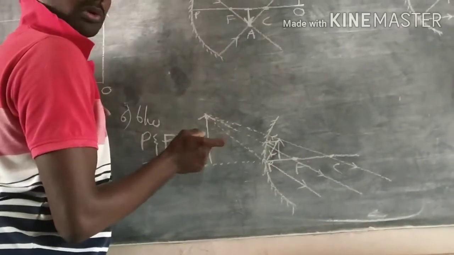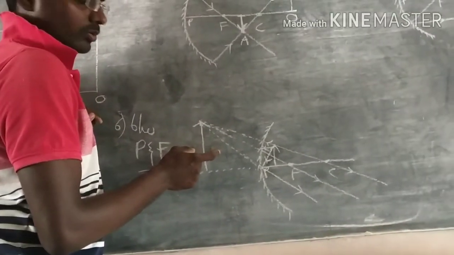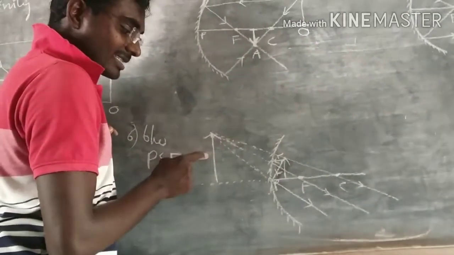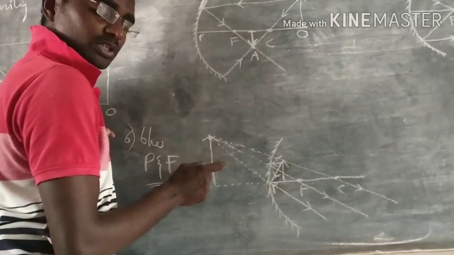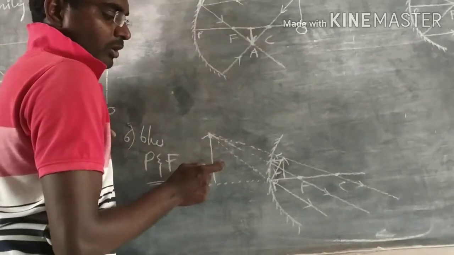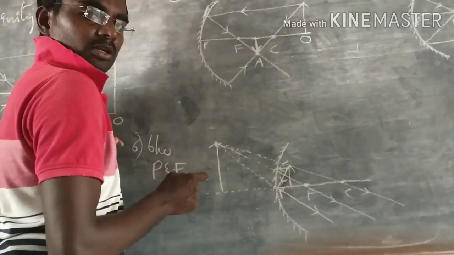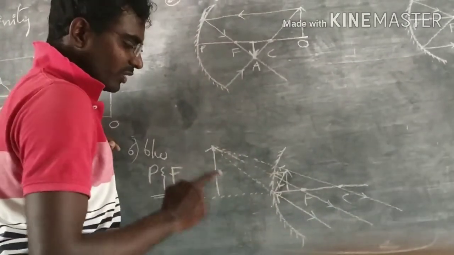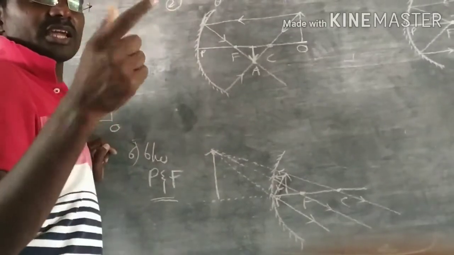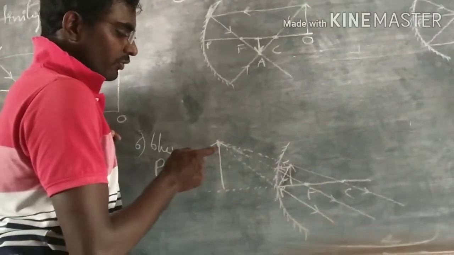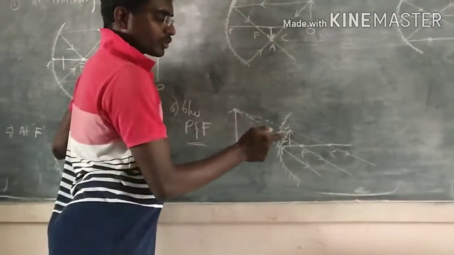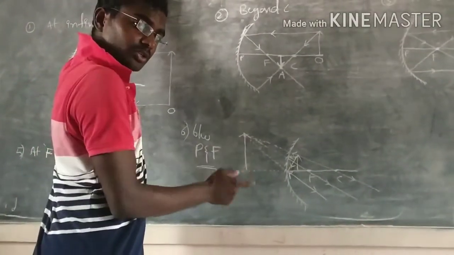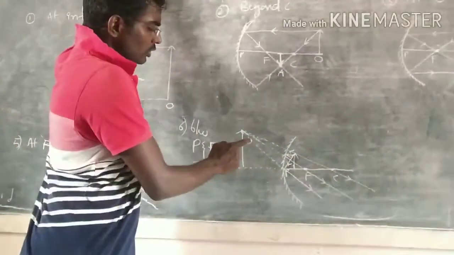The other thing is that it is a virtual image. So note down: erect image, enlarged image and virtual image. Why is this a virtual image? Already you know the definition. If we cannot obtain the image on the screen, then that image is called a virtual image. If we keep the screen here, we cannot obtain the image on the screen. If you want to observe this image, you need to look in the mirror, so that you can get the enlarged image.